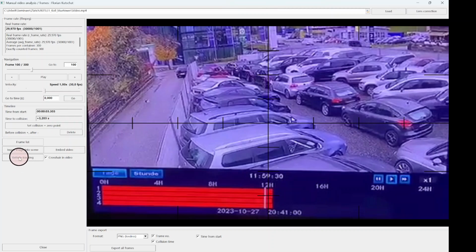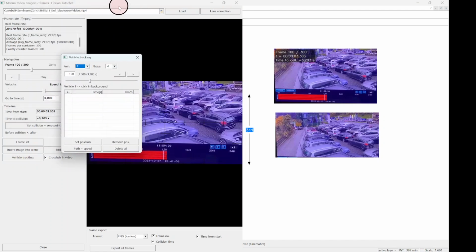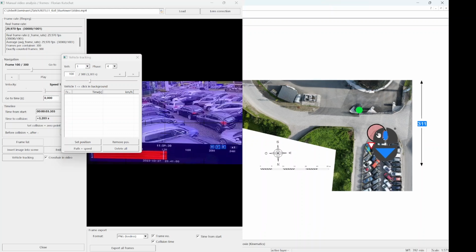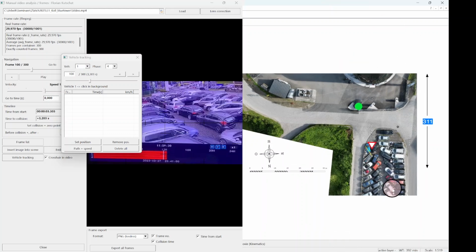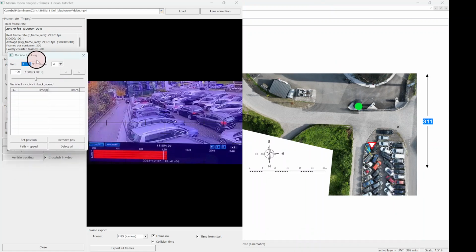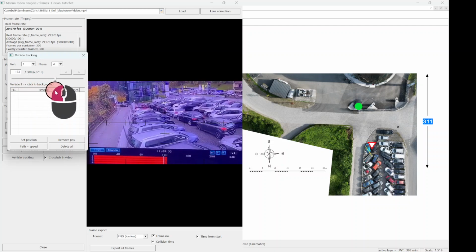And then I can click on vehicle tracking, which makes the dialog only half the size. So I can see on the right side still the background. And then I can advance the video with this small tracking dialog that also has a play bar, as you can see. I can advance it to any frame I want, and I'm going to start with the collision frame here,